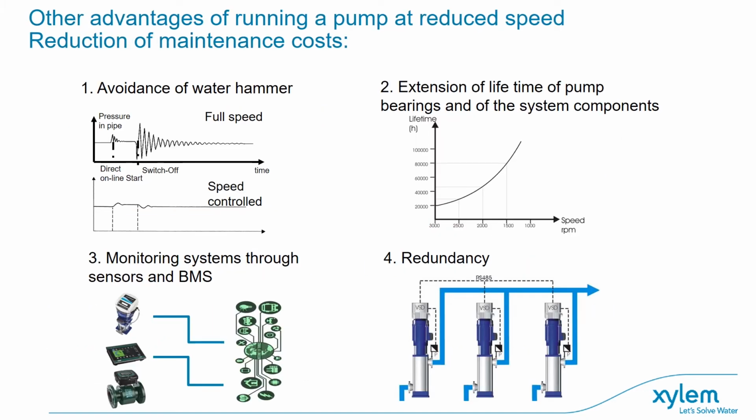So other advantages, as I've already touched on, of running a pump at reduced speed using a variable speed drive is the avoidance of water hammer. So you don't get any huge surges of pressure going through the system. Basically, because the pump works in a soft start, the variable speed drive comes in as a soft start function. You get a much larger extension of the lifetime of the pump due to the bearings and the other system components. Again, using the soft start